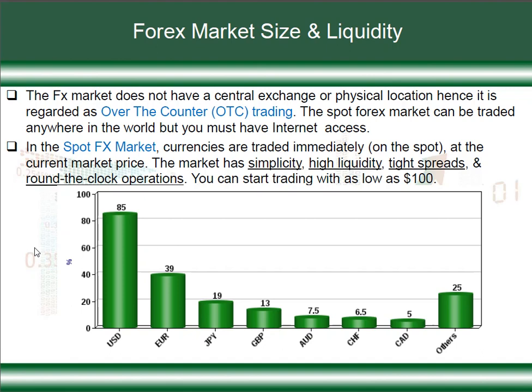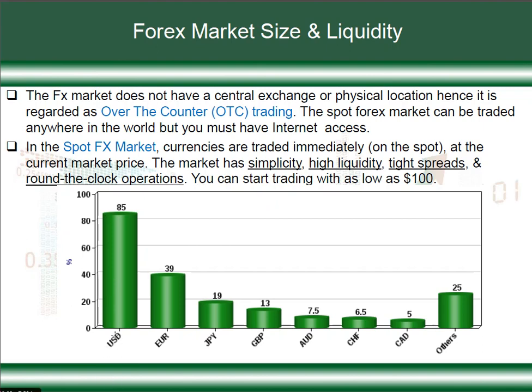So if you want to buy, you can buy immediately. You want to sell, you can sell immediately. There is nothing that restricts you. Now, why is the Forex market beautiful to trade, maybe when compared to other markets like stocks? The market is simpler to trade than stocks. Simpler in terms of how much you need to start, simpler in terms of how to execute trades, and several other aspects of simplicity.